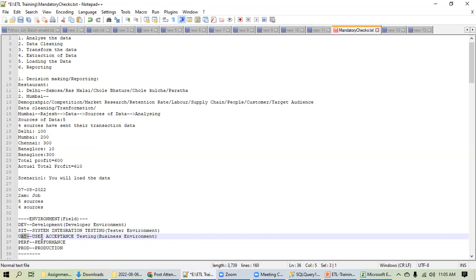See, this is a very common interview question: why do you have a SIT environment and a UAT environment, although in both the environments you are doing testing? Very common interview question. Try to understand it. Suppose take the example of any building construction, when you see that any government building is under construction. What happens? Try to understand from that perspective.